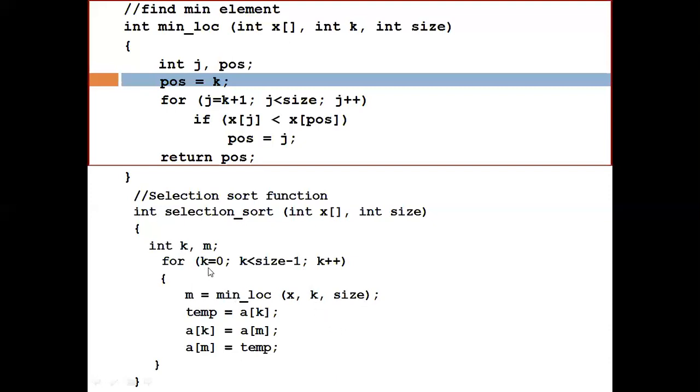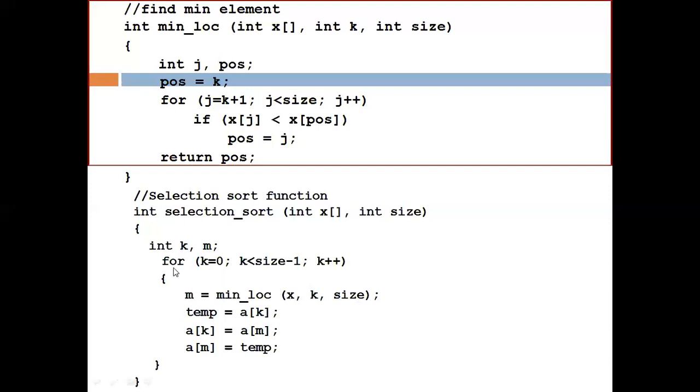The first time k will be 0, that is, from beginning to last we find the minimum. When k is 1, it is 1 to last. When k is 2, it is from second to last, and so on. And size will represent the last position.